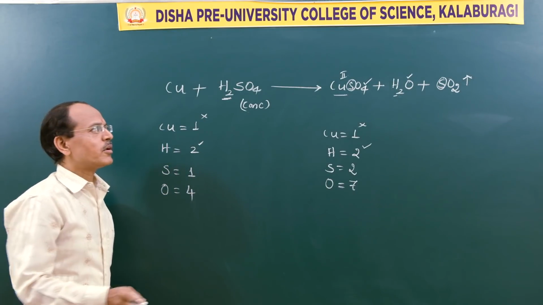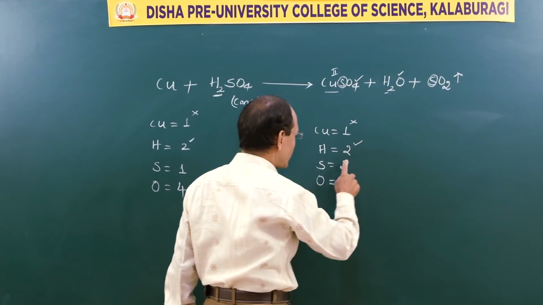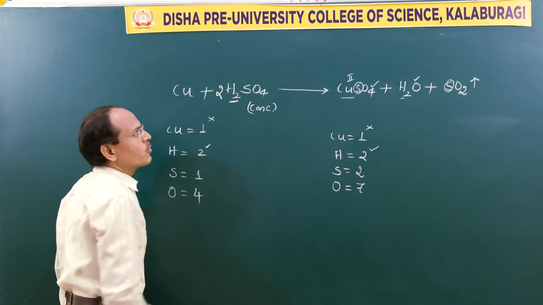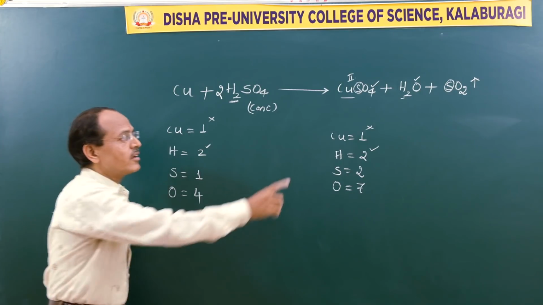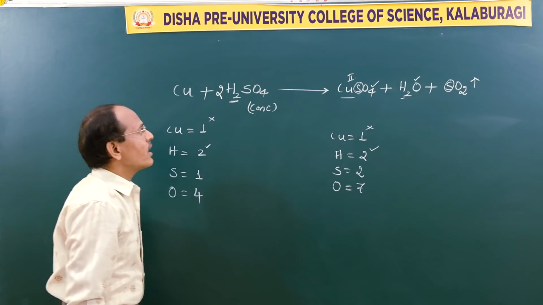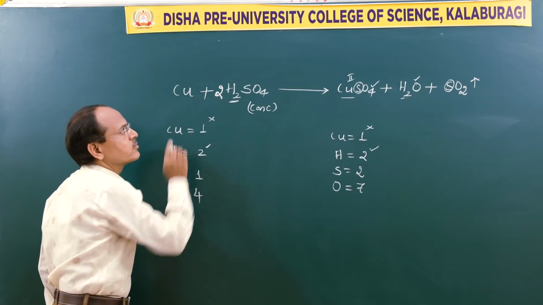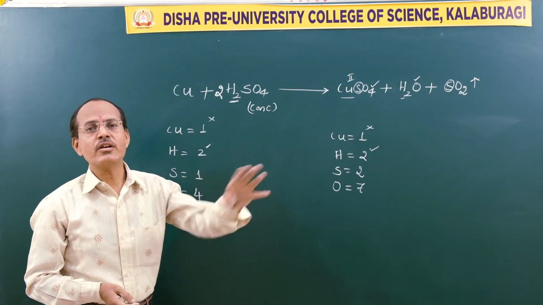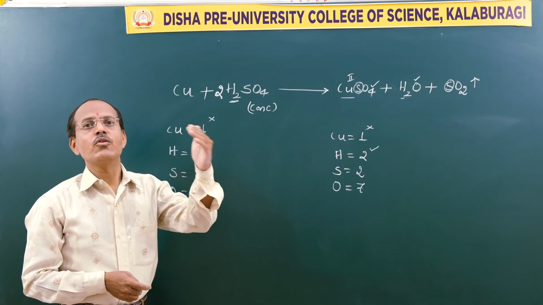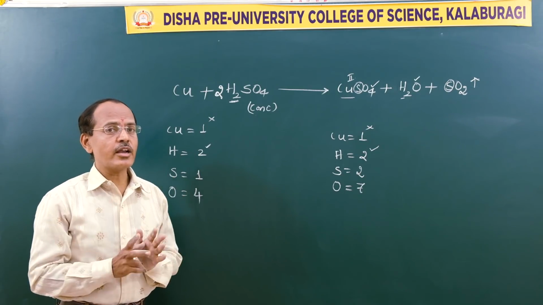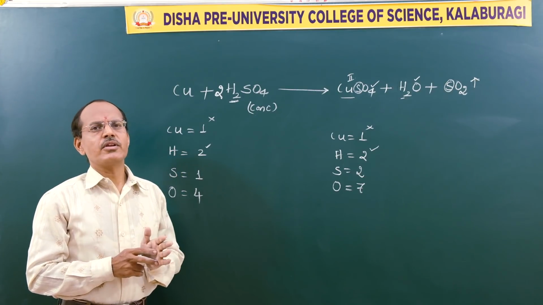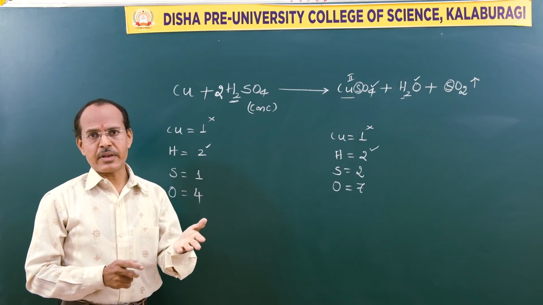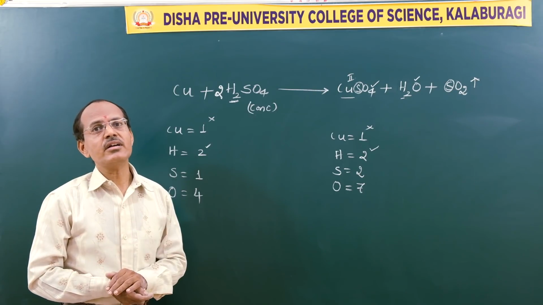Then what is the problem? The problem is with sulfur, because here there are 2 sulfur atoms, but here sulfur is only 1 atom. So I want at minimum 2 to balance this part, and therefore I am putting the number 2. Try to remember always: first you hit with small numbers, then you go with big numbers, that is the first point. Second point, at the same time concentrate on the other products also. That is the logic, and that will come by experience or by practicing the equations.